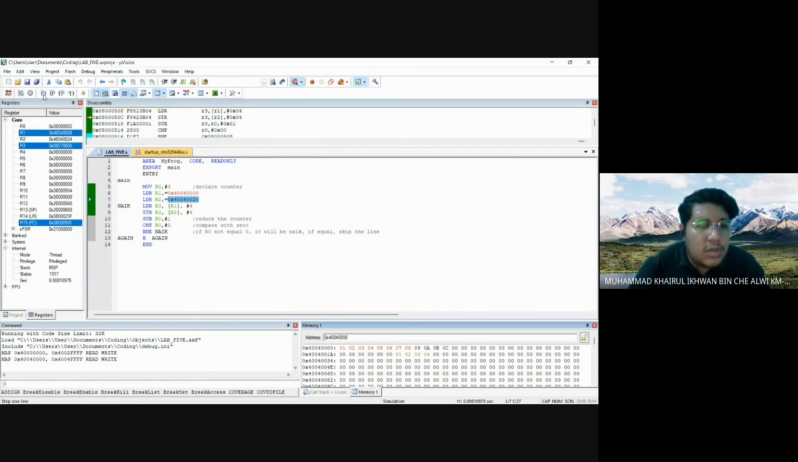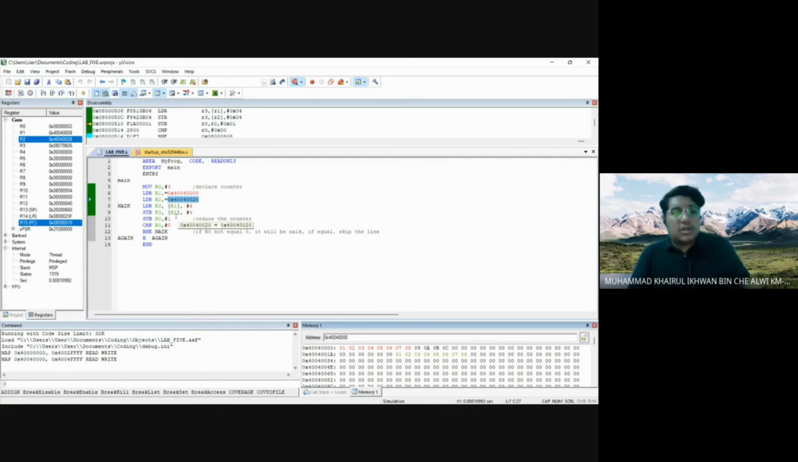And then R1 will be 40040008. It will plus by 4 and before 4 and then plus by 4, it will be 8. And then for R2 will be 28, 20, 24, and then 28. So next, after we add the R2, we add the R3 into R2 by 4 times, and then store R2